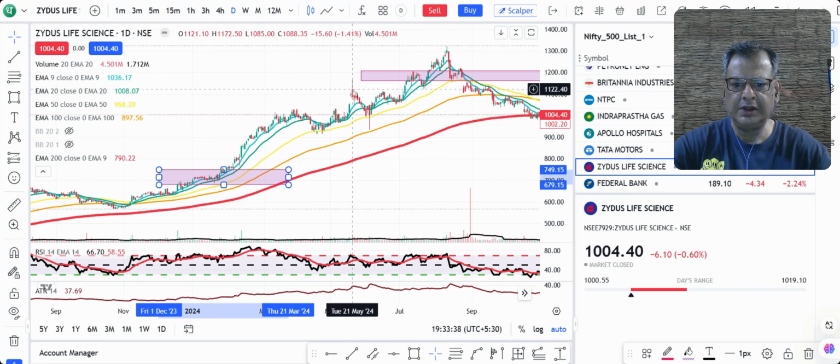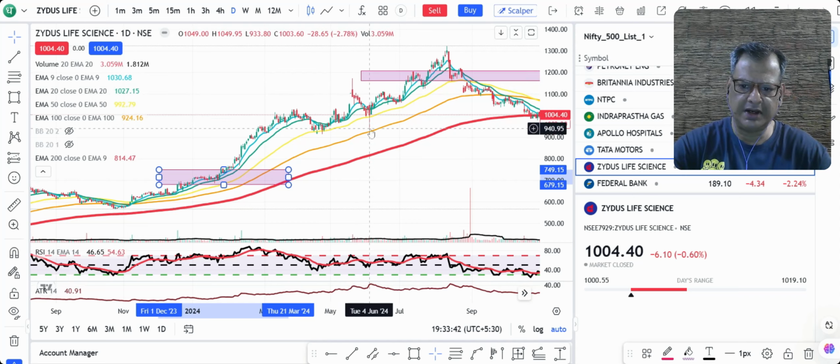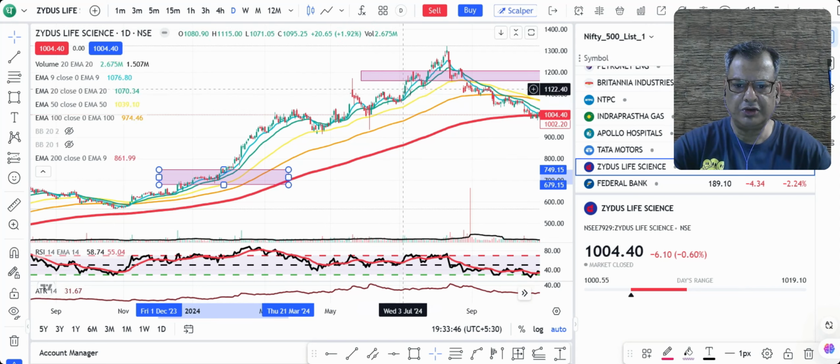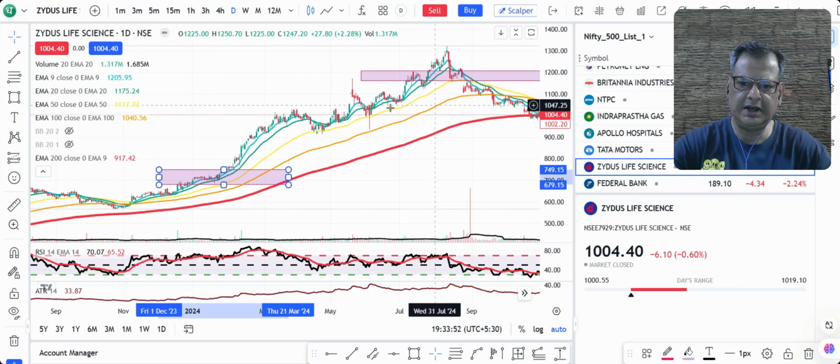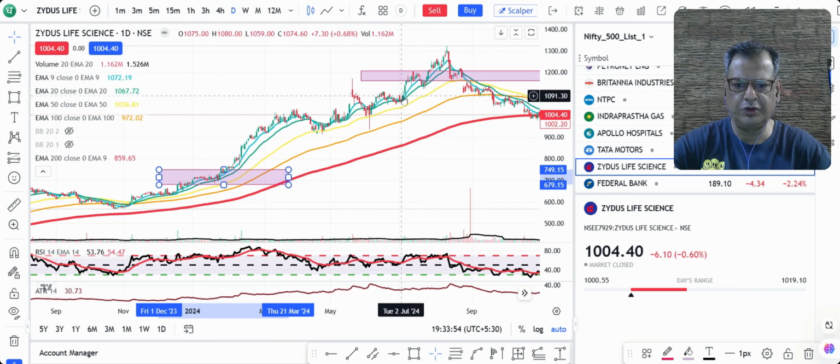Then you have a buy side liquidity grab here and a sell side liquidity grab here, and price is going up. So again here you have a higher high, higher low, higher high, higher low, and BOS, a bullish break of structure, all the way till you come to